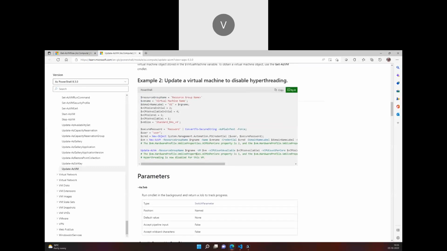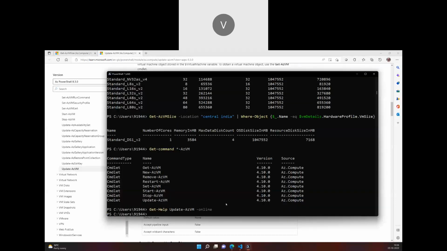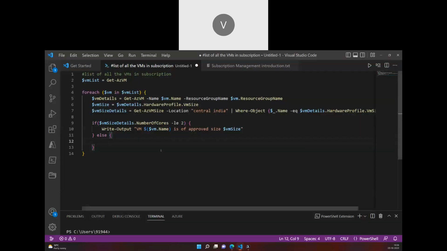And if we look at the examples, this is how we will pass the value: Update-AzVM, resource group, and the VM details. Now I'll take the same thing here, and what I'll do is I have this VM details and hardware profile dot VM size equals